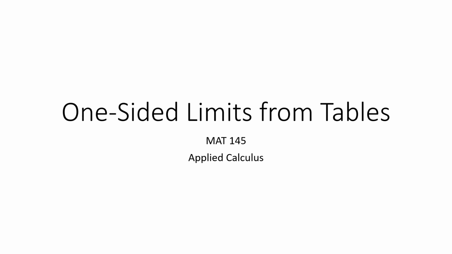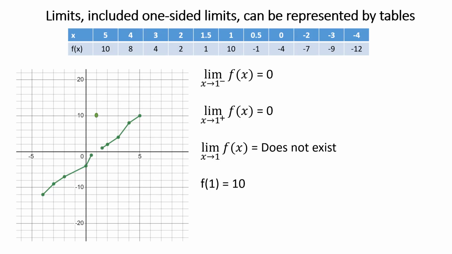One-sided limits from tables. While I have a graph here showing what this table looks like, I want you primarily to refer to the table itself on top. I got my x as well as my f of x, or the resulting y. And as you can see, 5 goes to 10, 4 goes to 8, 3 goes to 2, and so on